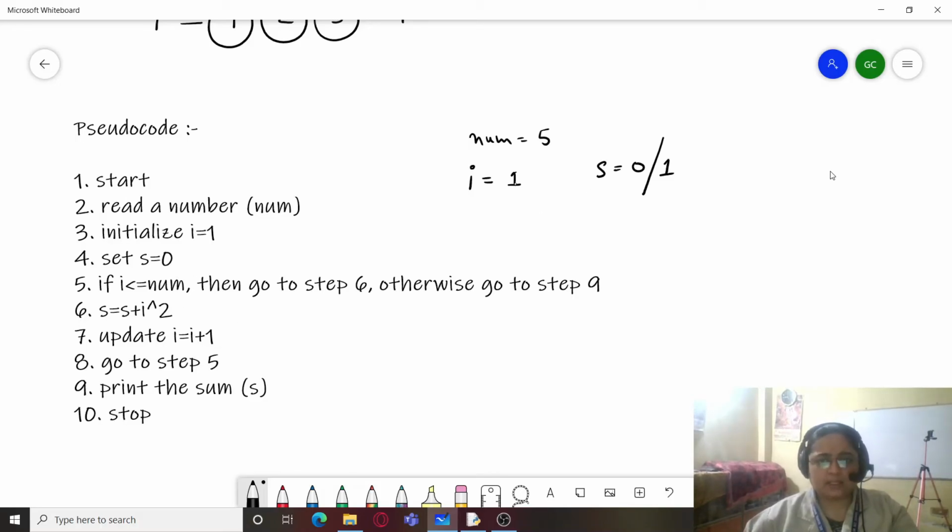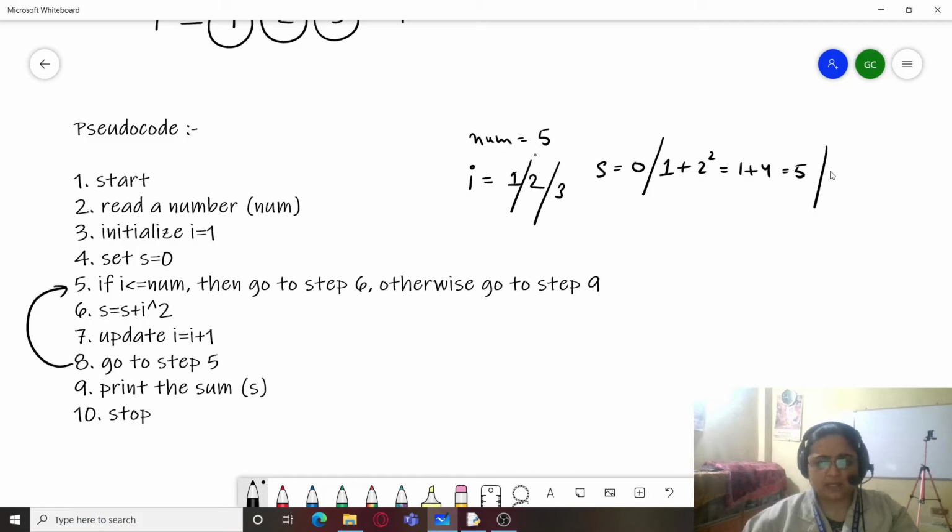Update I equals I plus 1. So update I, it becomes 2. Now go to step 5 again. Check the condition. Is 2 less than 5? Yes. Go back to 6. Now S is already 1. You have to add 2 square to it. So 2 square will be 1 plus 4, which is equal to 5. So now our S is what? 5. Update I, it becomes 3.